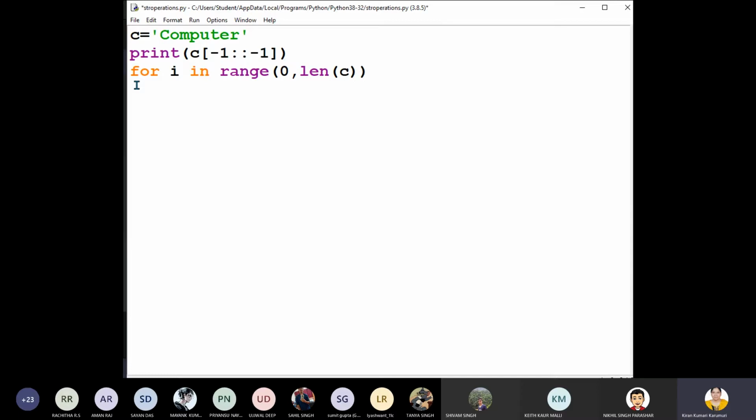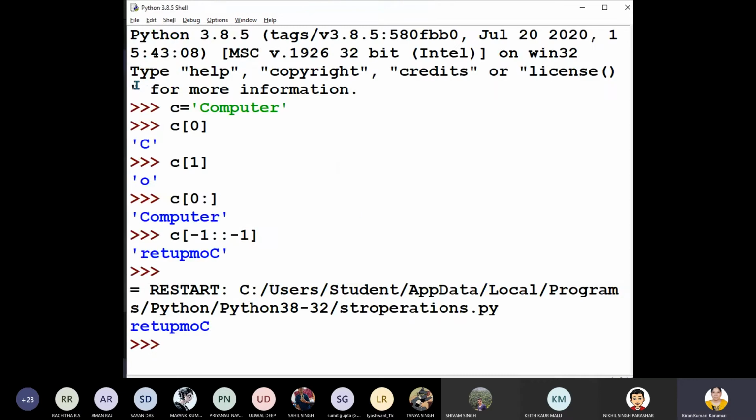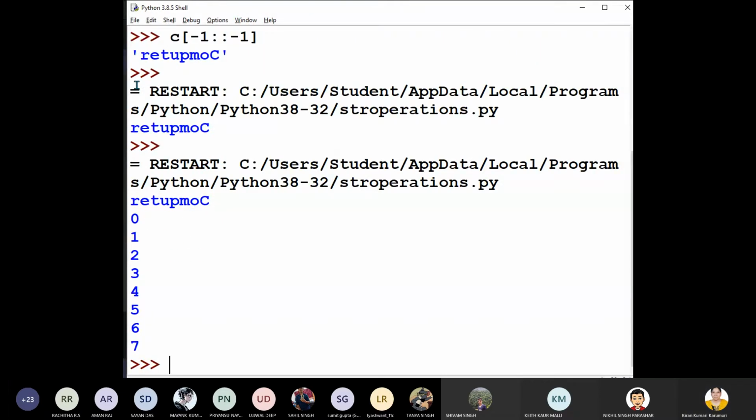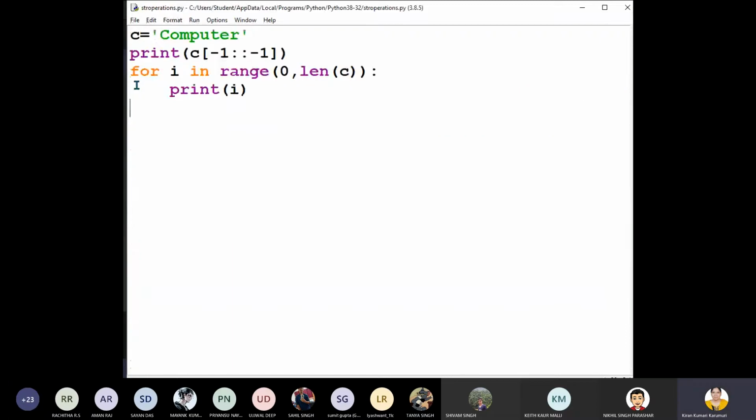Okay, the range function will also take the starting value. So if you want to display character by character, now you can see, i is the index. So what is the value at that index?